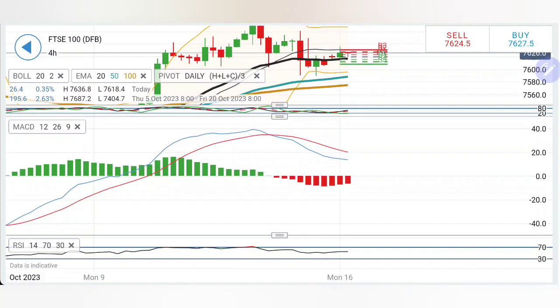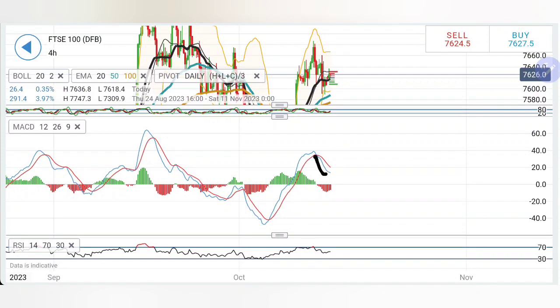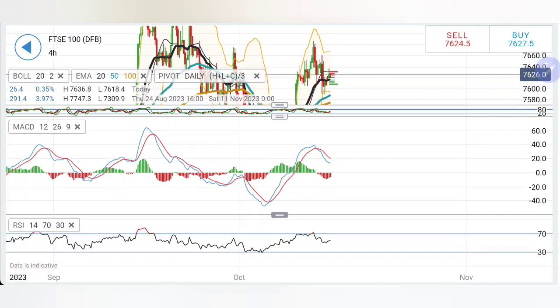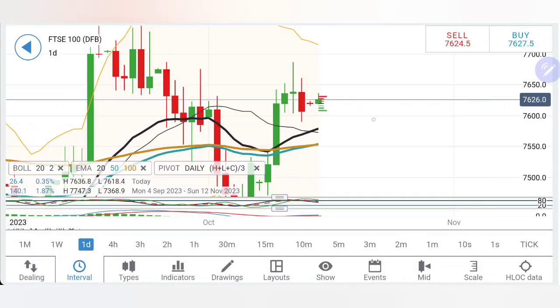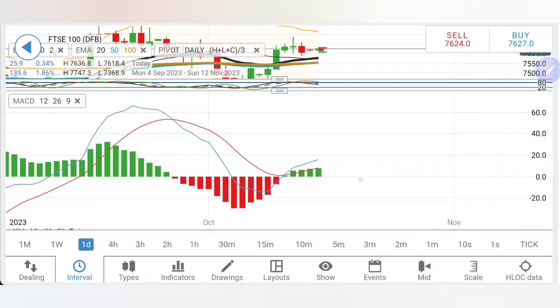Stochastic rising here, the MACD is bearish, and see this crossover is coming at slightly higher levels. However, now we have seen it diverging, and hence it could converge and rise from here. Possibilities there. RSI rising, coming to the daily charts now. Remember, there is a reversal sign, there are lower highs, and a drop from here might take it towards 7580, 7550 levels. Yes, it should not be treated as a reversal as long as the 7660, 7650 zone is not breached. That is the only point beyond which you can say that the prices are bullish. Else, we have all the probability for it to converge towards 7550 levels. Stochastic dropping from the top, while MACD is still trading with the bullish bias here, looking upwards.